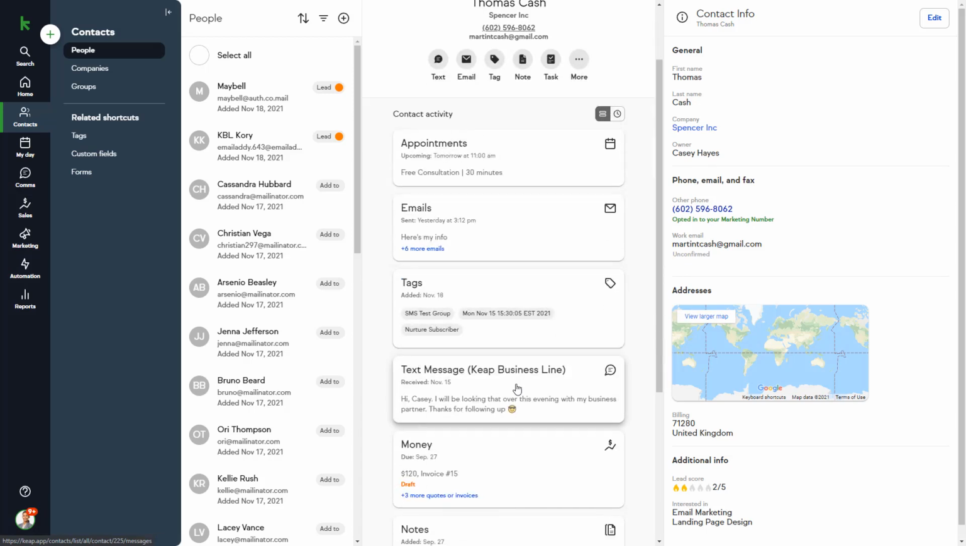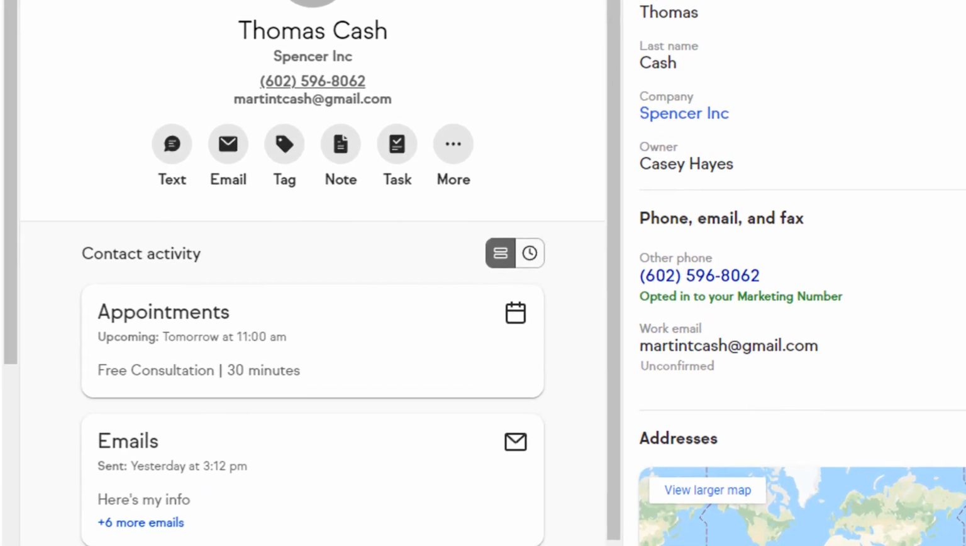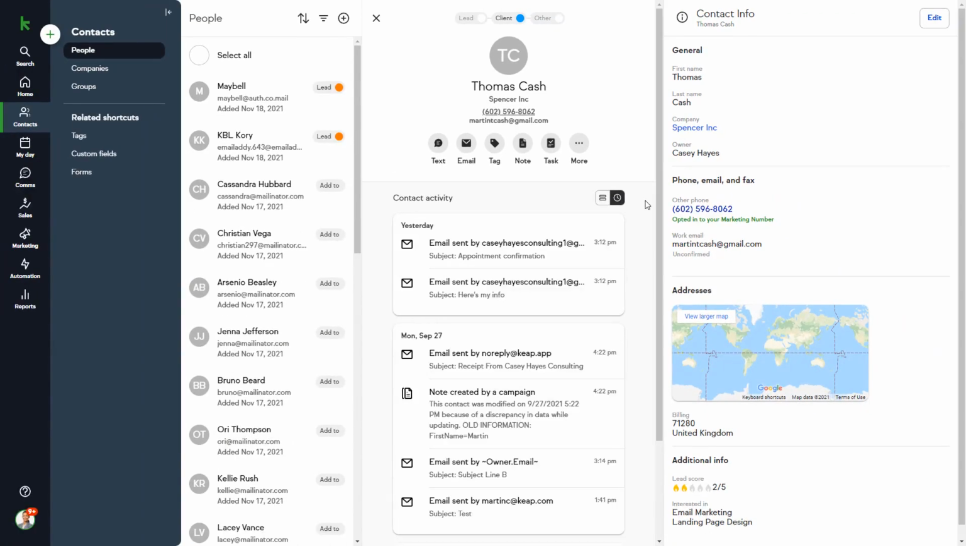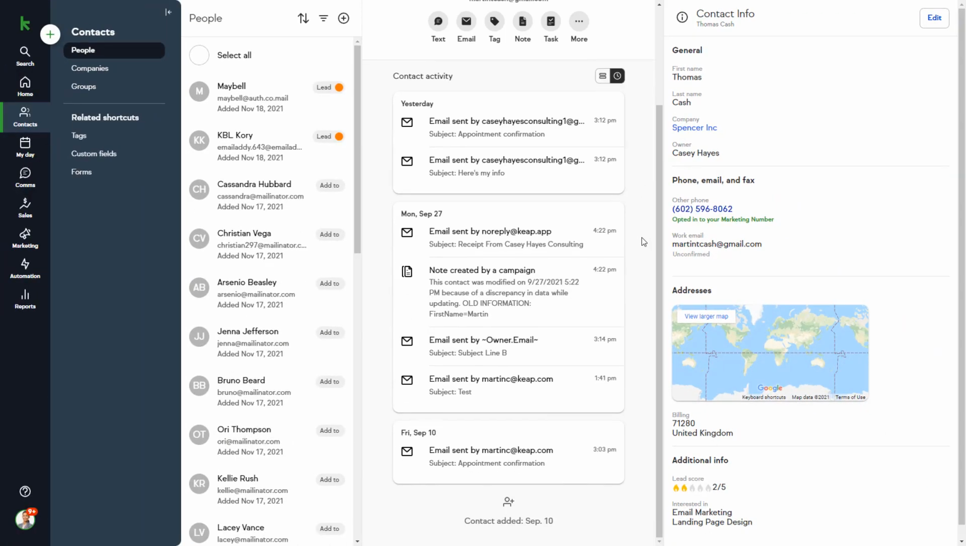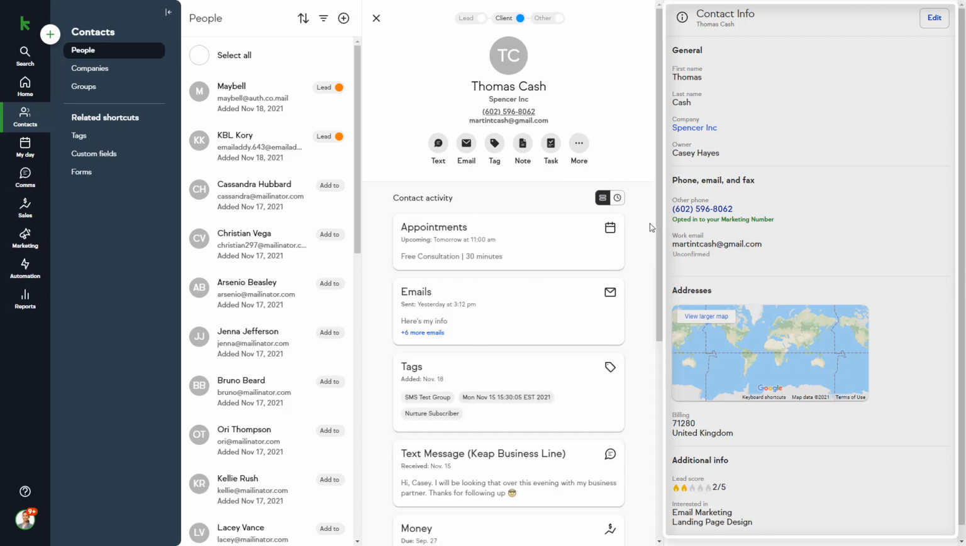Note that there are a lot of categories of information that we can look at here. If you just want to find the most recent activity on a record, just click the clock icon, and it will show you correspondence in chronological order, starting with the most recent. On the right side of the page, we have the Contact Info section, which contains more detailed information about the